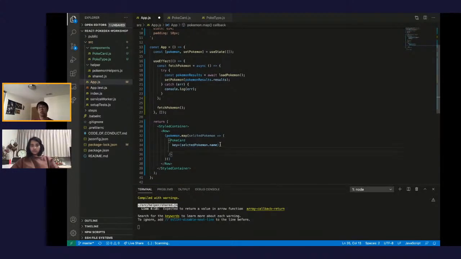Typically how it's done is that you usually just pass in like the ID or something into the Pokemon. In order